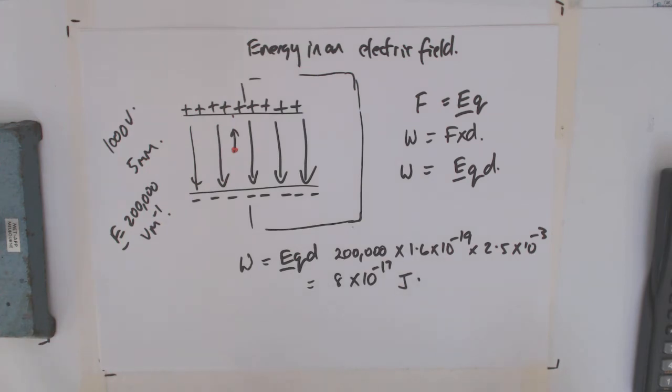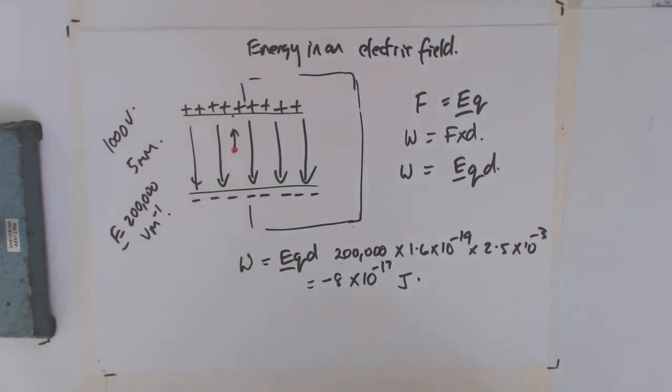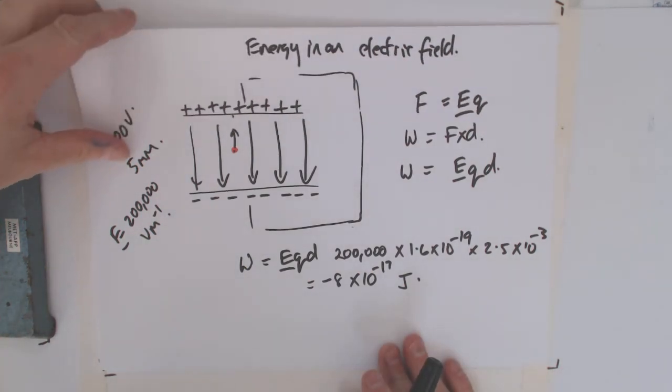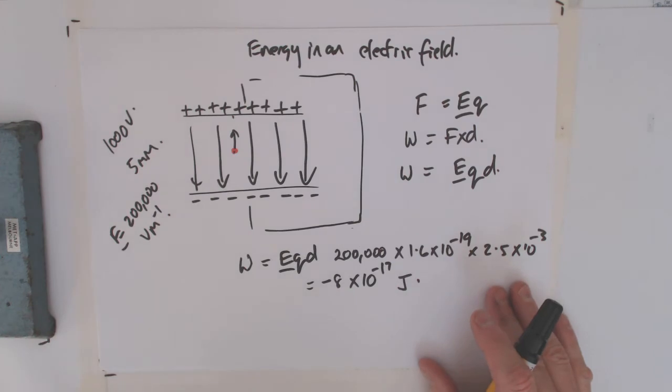So that's our calculation of work, but it's negative because, like I said, if you go with the field, the change in potential energy is negative. All right. So, well done us. We've calculated that. What I wanted to do now, though, was just have a little look at a few of the other bits of maths that might sort of crop up here. And the one I'm thinking of is